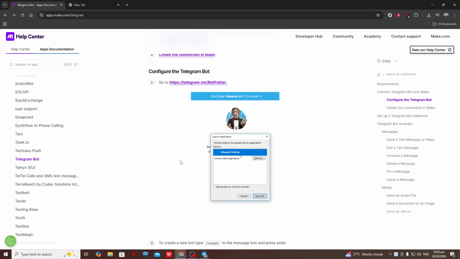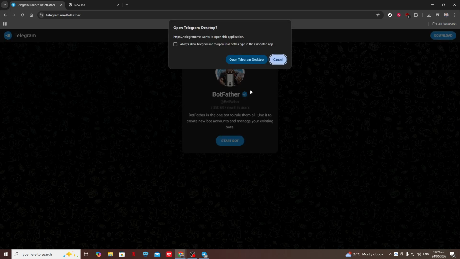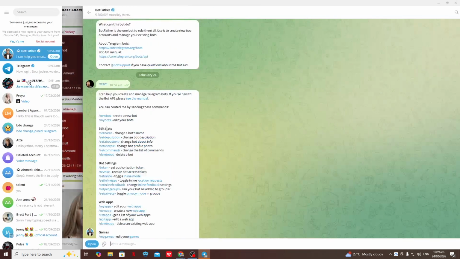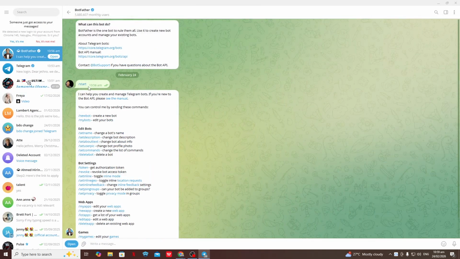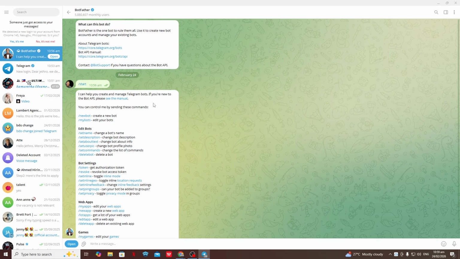We'll start by creating a Telegram bot using the official BotFather account inside Telegram. This is the system bot that Telegram provides for registering new bots. When you open a chat with it and follow the prompts to create a new bot, it will give you a bot token. This token is like a password for your bot, so keep it private and never share it publicly. You'll use this token in your code so your program can talk to Telegram servers.